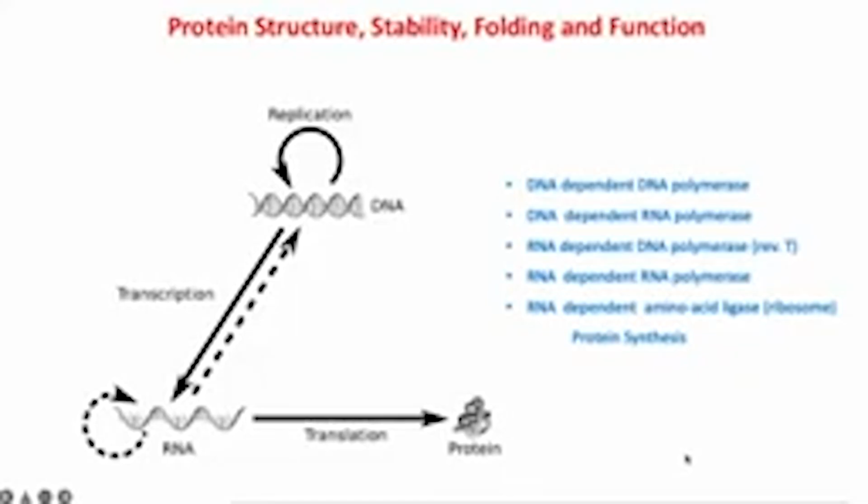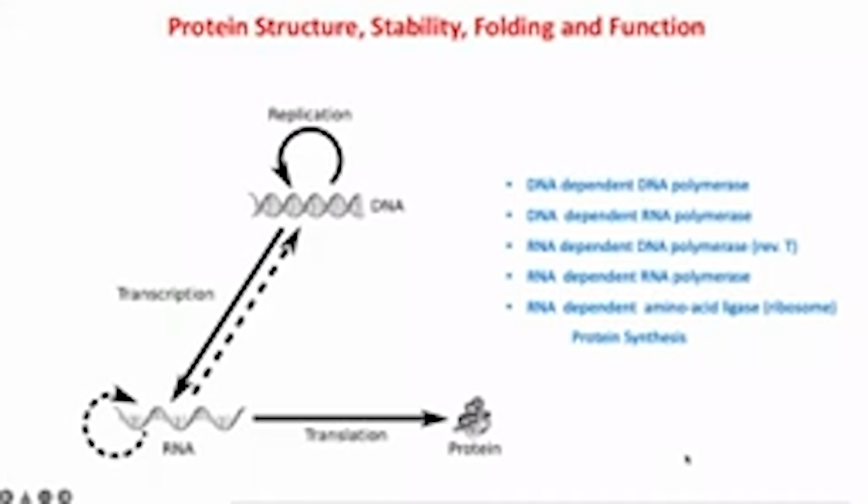You're pretty much at a point where you have had a reasonable overview of what atomic level protein structures look like. You also know what atomic level DNA and RNA structures look like. You've seen a lot of animations, which gives you a visual idea of what is going on inside the cell. And today I'll be focusing less on the structure, I hope, and more on the stability and folding